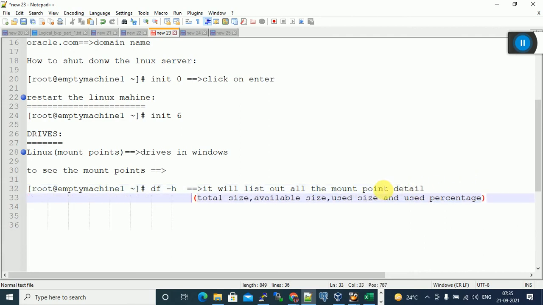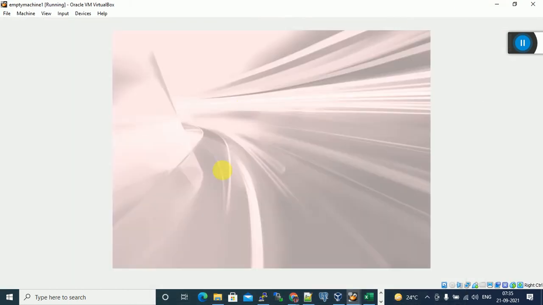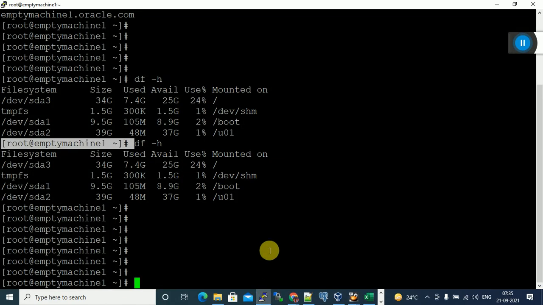These are the commands we have to practice, daily at least 10 times. Log in to the system and run df -h. You have to see how many mount points exist, what the free space is, what the utilized space is, and what the total size is. Only by practicing will we remember all these mount points and commands.